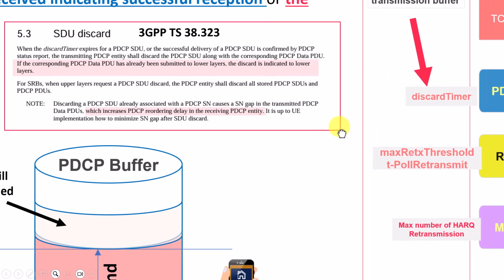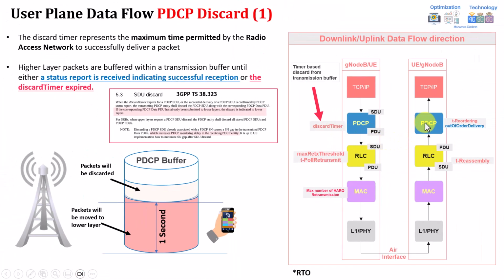This means the receiver will be receiving sequence numbers 1, 2, and 4. So 3 will already be discarded from the PDCP layer. This will start the T-reordering timer at the receiver, which might cause a delay to the packet delivery from PDCP to the upper layer. We'll be discussing reordering, but whenever you have an out-of-order packet received at the receiver, it cannot forward these packets to the other layer, which is TCP/IP. So this can cause very high latency, especially if the reordering timer is very high, because within this reordering timer the PDCP receiver will try to rearrange packets and send them in sequence to the upper layer. Okay, so this is just a side note.